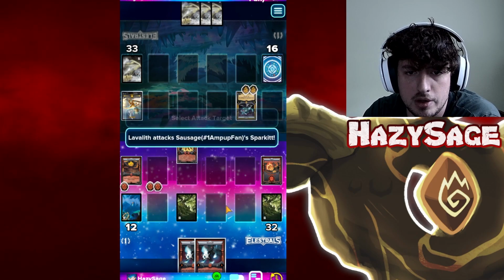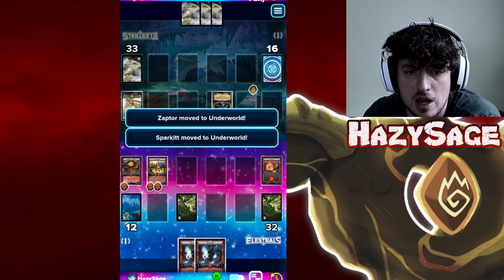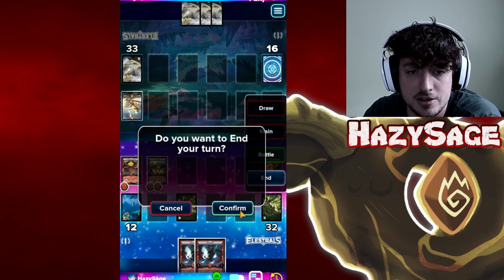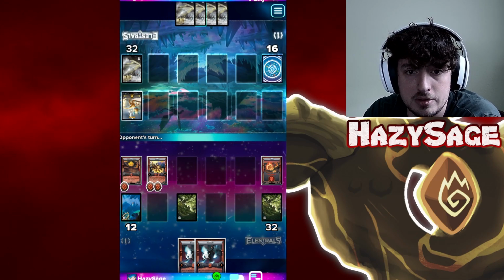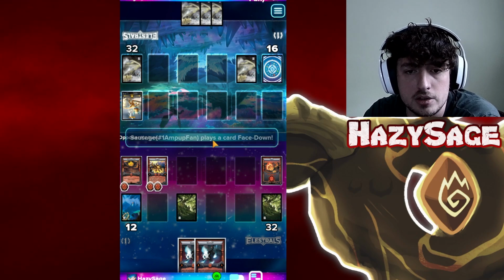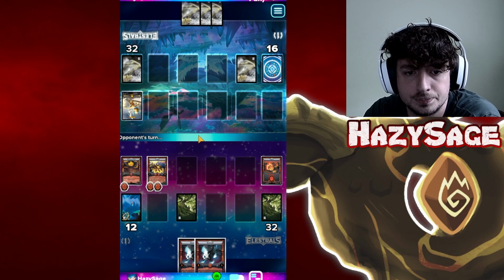I brought out Volcanic Forge purely because I knew he had Zeus and he can get it again. I wanted to minimize the chance that my Lavalith could get attacked and destroyed just by bringing out like an Elechik and a Zeus right away. So